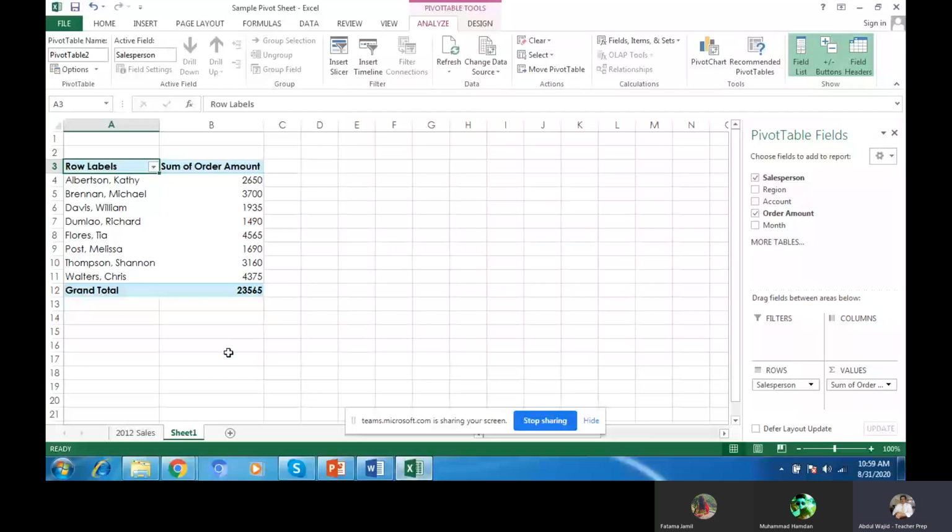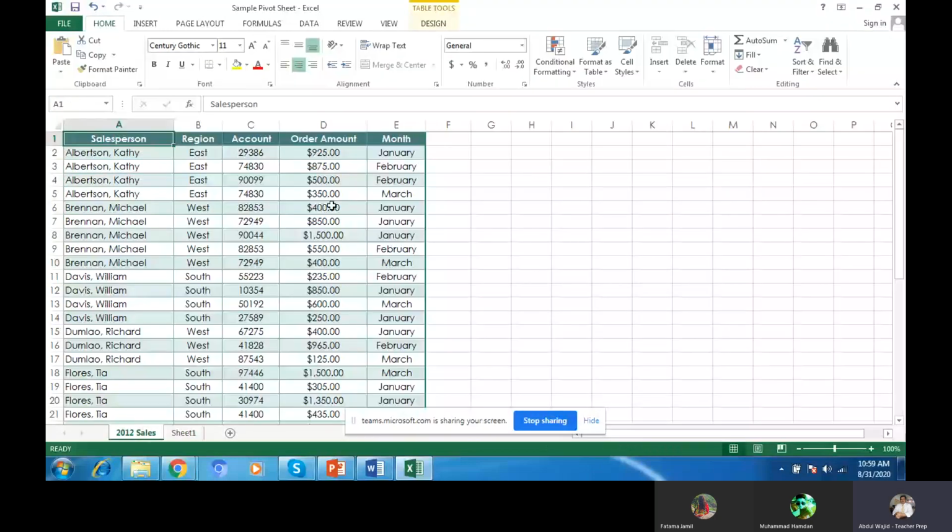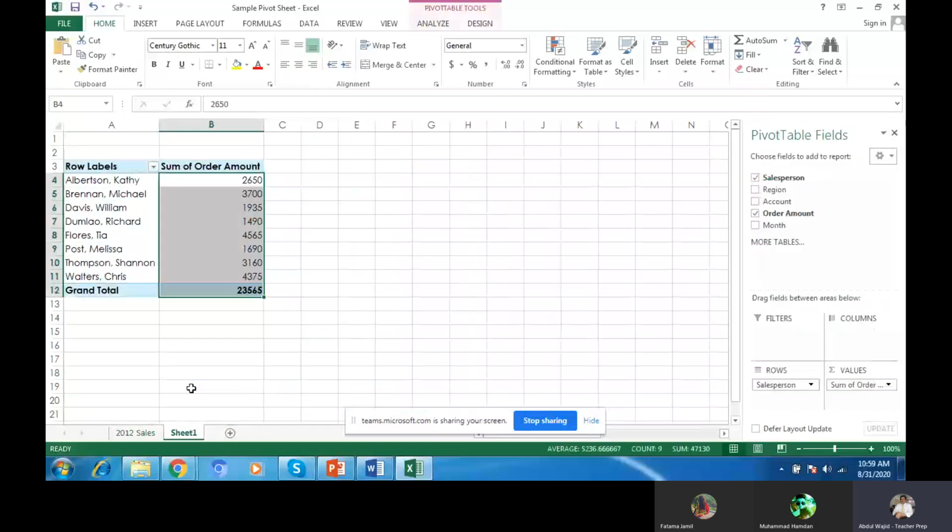If you select this one or all, you can change it. If you select this order amount in dollar, it is in dollar, right? Again you will click here and you will see the dollar here. When you click on it, it will be converted.